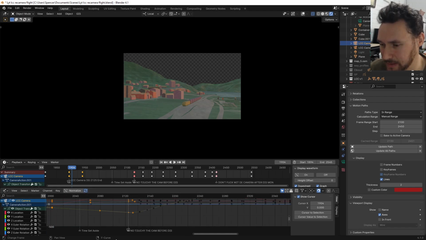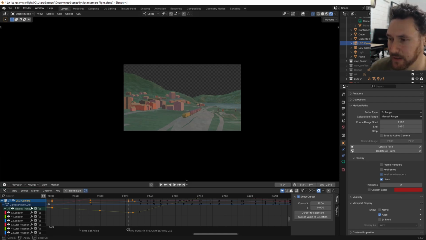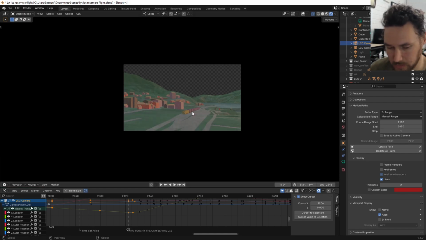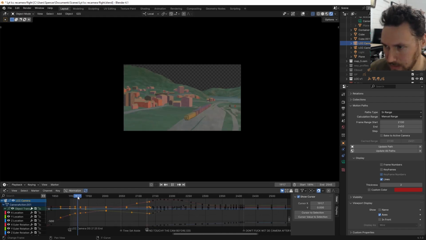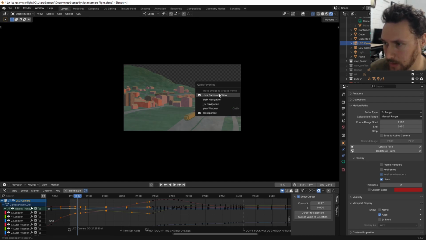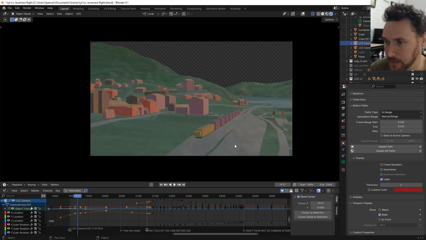I got some funny names for the markers too. No touchy the cam before this. Anyway, let's take a look at this. Start around here. I've also got a hotkey for binding the camera to the view, which helps with animation, and